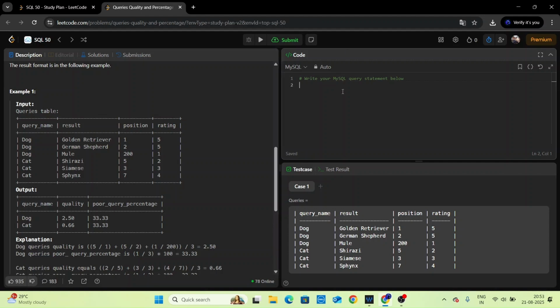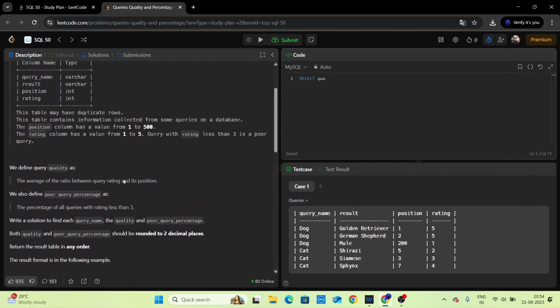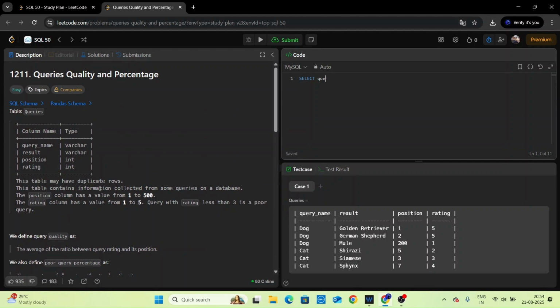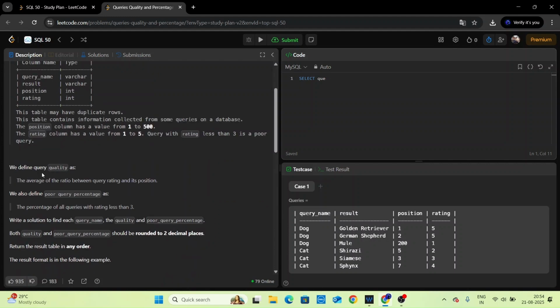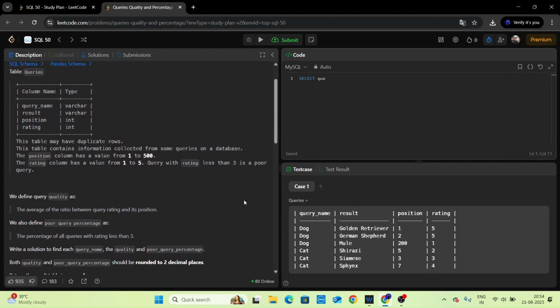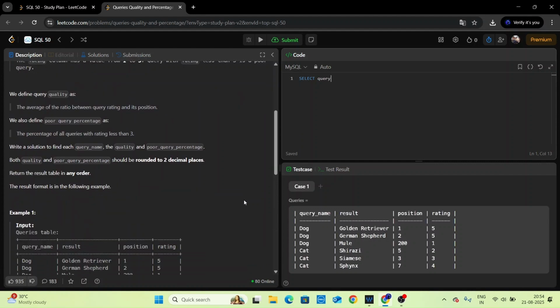Okay, let's start typing the MySQL query. Of course, we will start with select. We already know that there will be query name, and we have only one table. So I don't think there will be any type of join. Maybe there might be some cross join. We don't know for sure for now, but I think there will be no joins. So we can just type query name,